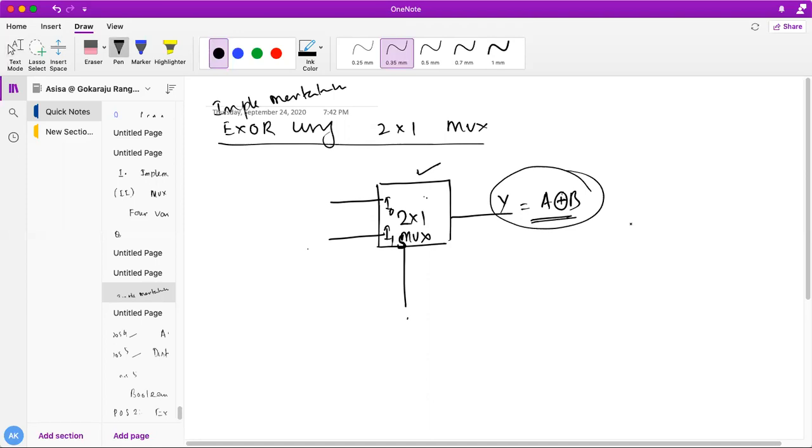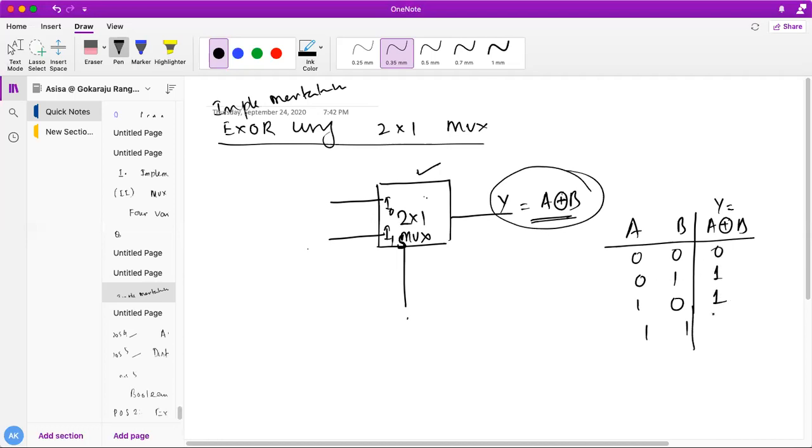I have already told you, this is very easy. We have two inputs, A and B, and we need the output A XOR B, which is Y. As we know, the XOR gate truth table is 0 0 0, 0 1 1, 1 0 1, 1 1 0. We have already discussed that XOR is an odd ones detector. Wherever an odd number of 1s are at the input, the output is 1, and otherwise it's 0. So this is the output I will be expecting here.